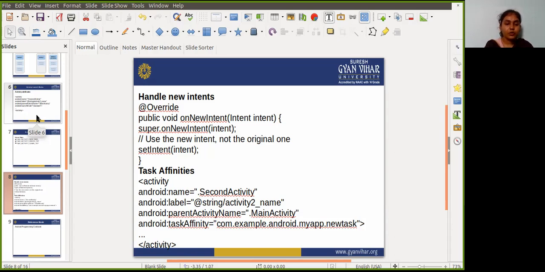In this chapter, you will learn how to debug your app with the Android Studio debugger: set breakpoints, step through your code, and examine variables.